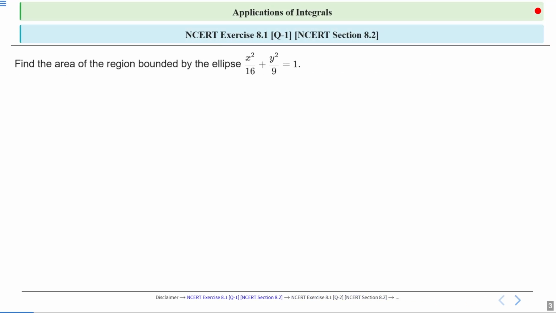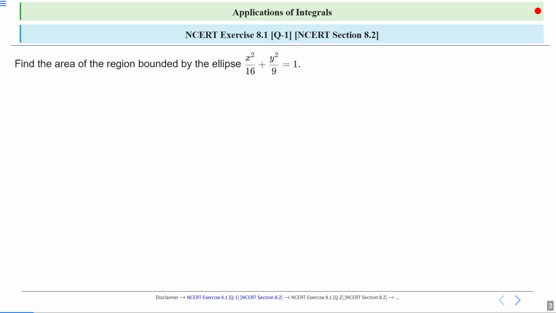So, the first question is: find the area of the region bounded by the ellipse x square by 16 plus y square by 9 is equal to 1. So, to calculate the area, at first we have to draw